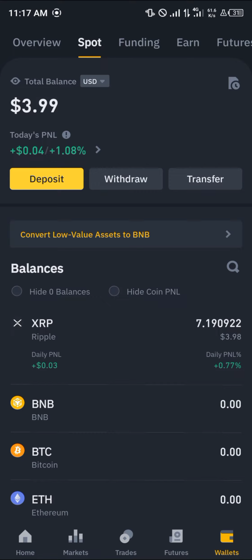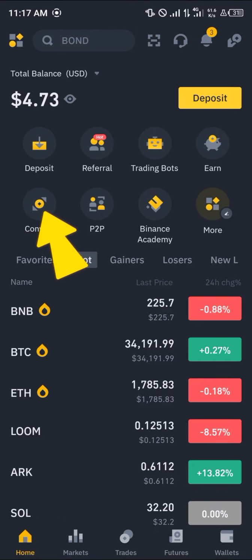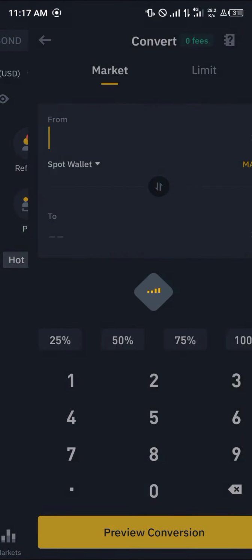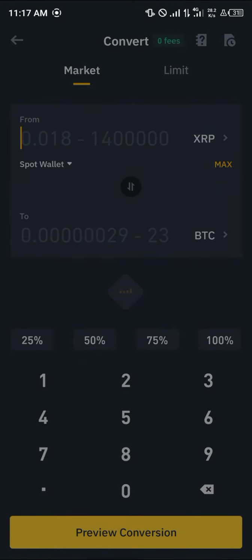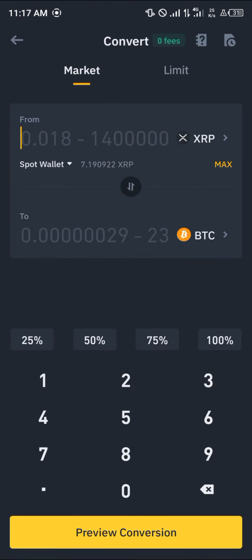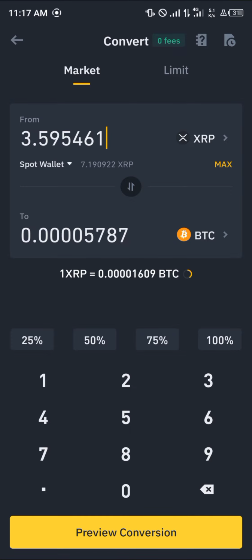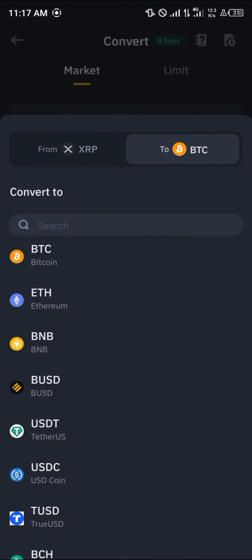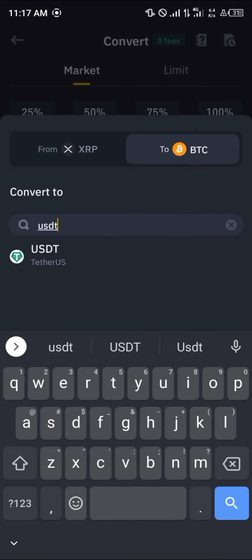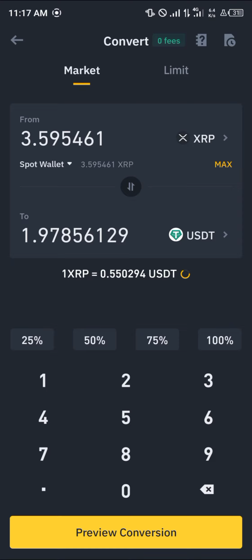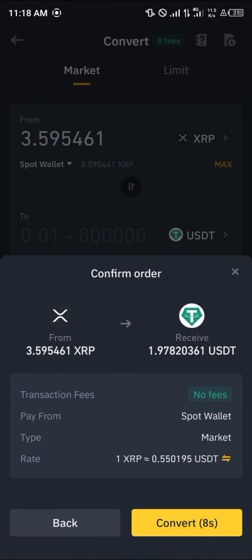Now, with our XRP on our spot wallet, head back to the home section, click on the convert icon. By selecting the convert icon, all we need to do is simply click the amount of XRP we wish to convert into the USDT. And you can do this by entering a simple amount. So let's say 50%. Select the XRP, type in the USDT, click on USDT, click on preview conversion, and simply